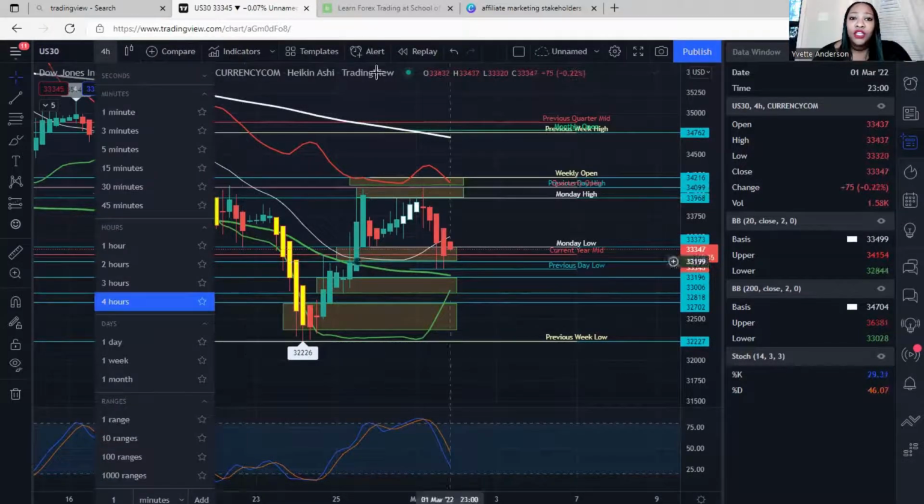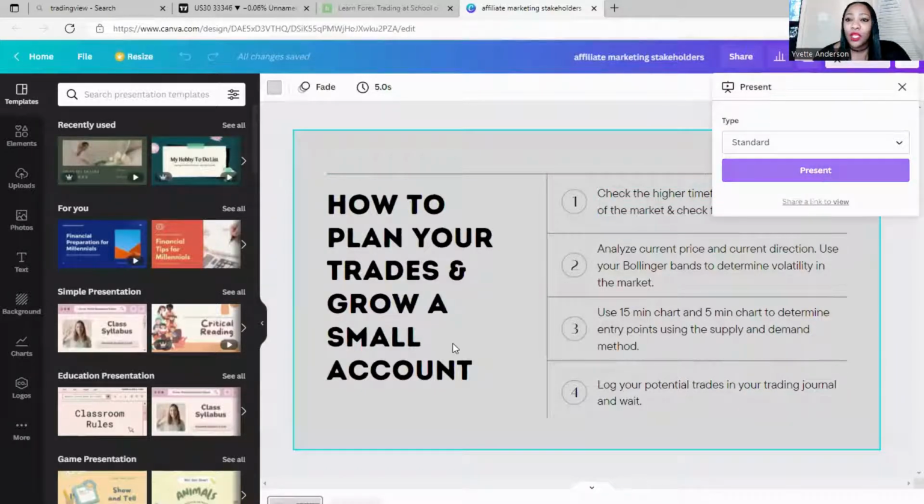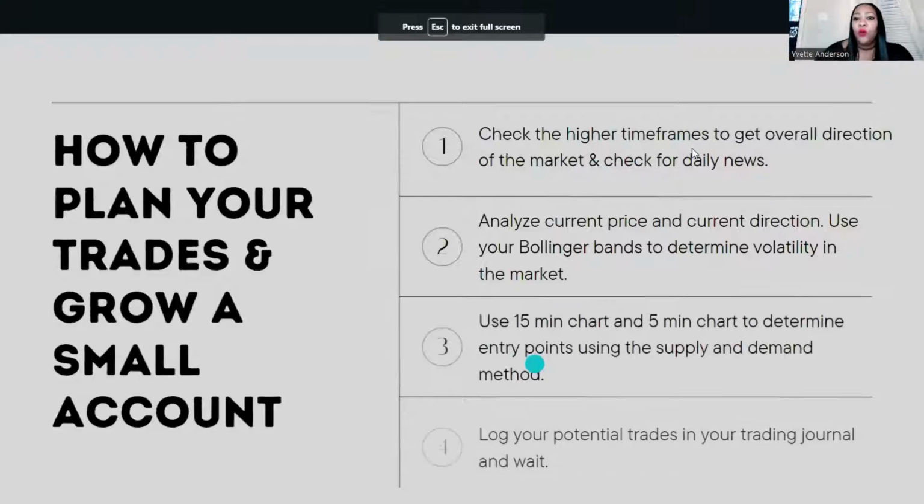Now I use, let's go back here. Sorry guys, it's not supposed to look like that. All right, so what I do is, like I said, I check the higher time frames to get overall direction,